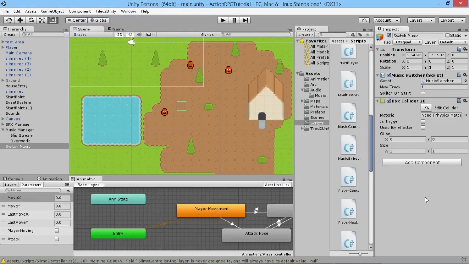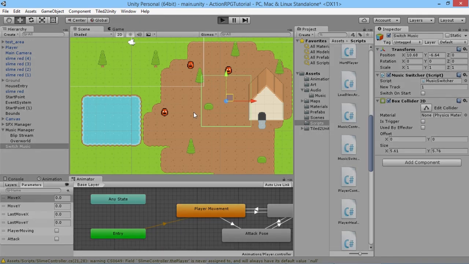Okay, so we go back in here again. We have our box collider attached to our object now. Wait for that to compile for a second, because it'll be all hitchy and slow. What I'm going to do is make this box a little bit bigger, and move it over so it's beside the house here, just so we know where it is. And now if we start our game running,